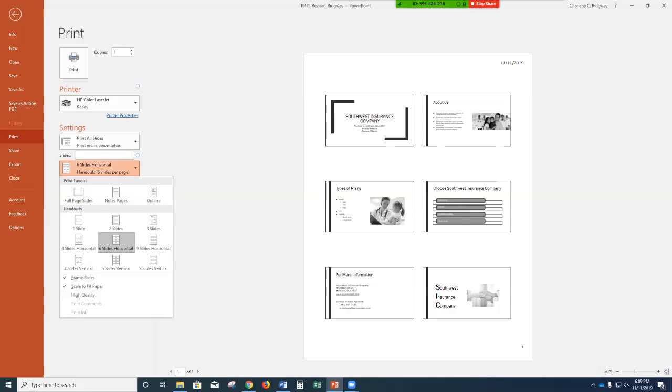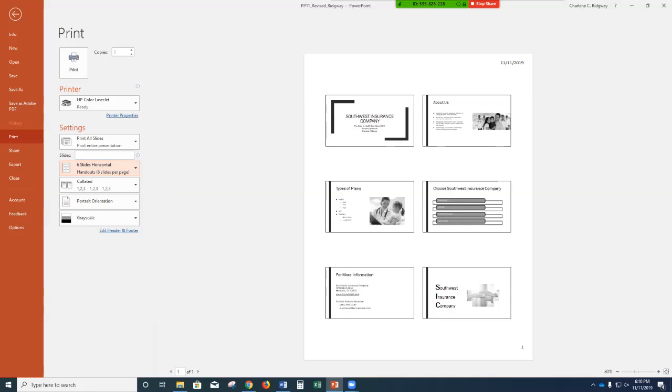Okay, in the handouts section, click 6 slides horizontal, which I have. The preview changes to show all 6 slides in the preview pane arranged in order horizontally in 3 rows from left to right. The current date appears in the top right corner, and the page number appears in the bottom right corner. Step 3, at the top of the print section,